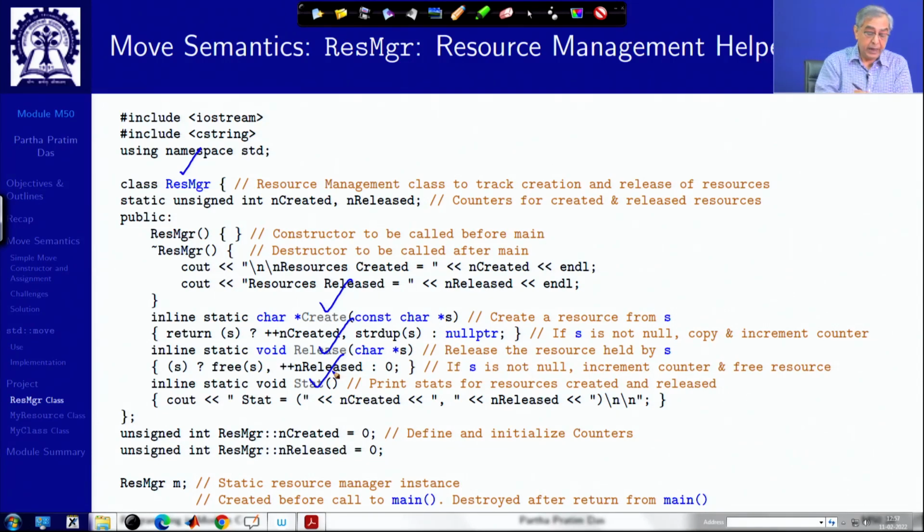You can do that. And since this has 2 data members which keep on counting, these are counters of how many have been created and how many have been released. And the resource manager is instantiated outside of main in the static global, so that it gets created before main starts and it will get destroyed after main ends. So, anything that happens within the main in terms of creation and release will get tracked to this call to